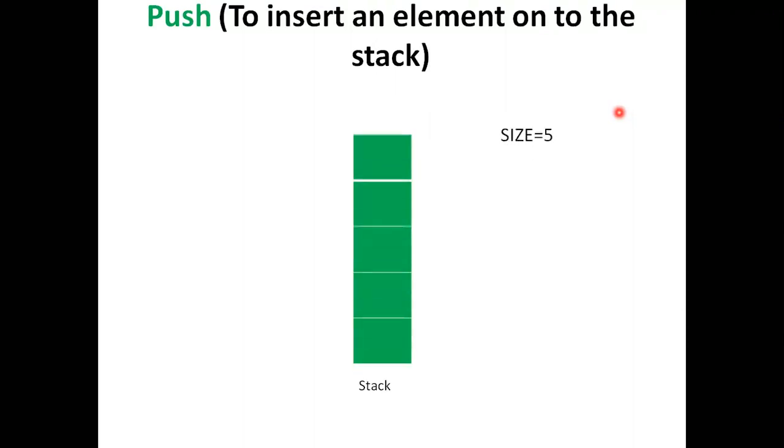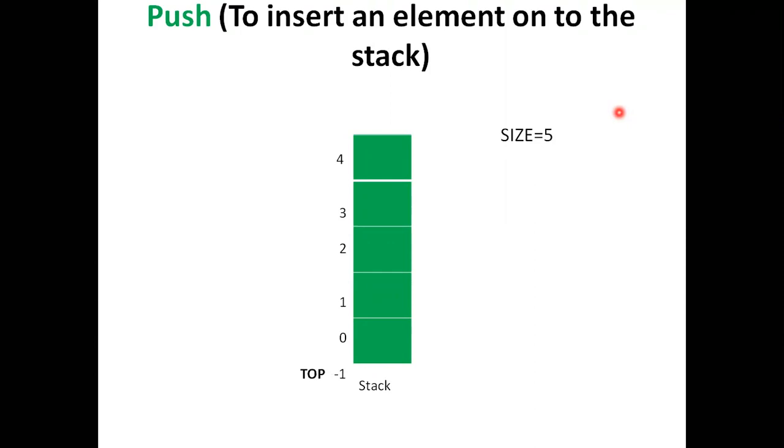Next, push. So how to push the elements into a stack? If we want to push the elements into a stack, we are taking one array, the name of the array is stack here with the size 5, means the indexes are starting from 0 and ending with size minus 1, that is 0, 1, 2, 3, 4.